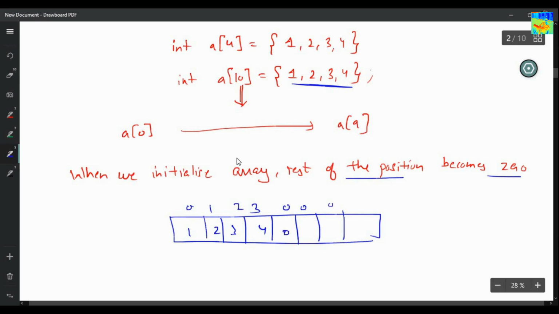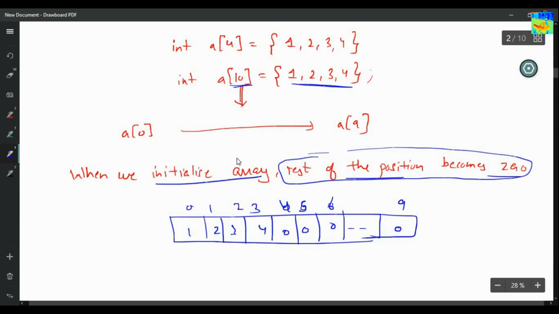So this is 0, 0, 0, 4th position, 5th position, 6th position, and similarly the last position for an array of size 10 is 9. So here it will also be 0. So when you initialize the array, the rest of the positions will become 0.